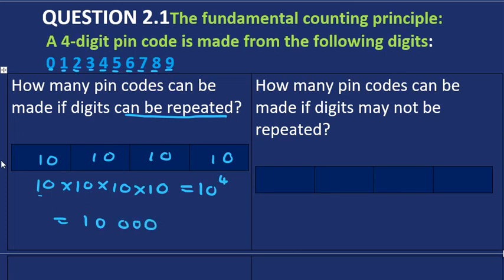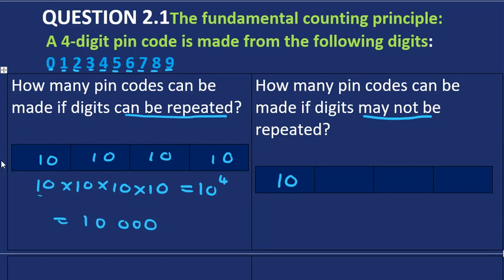Now, let's look at the next scenario. In the next scenario, we are told that the digits may not be repeated. Okay? So, when you're making your 4-digit pin, your first digit, you will have 10 choices to choose from. You still have 10 choices to choose from. But now, because these digits may not be repeated, when you